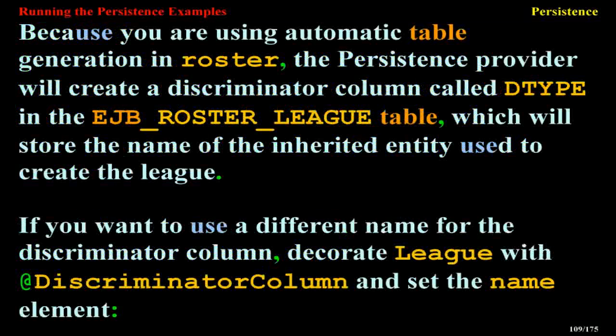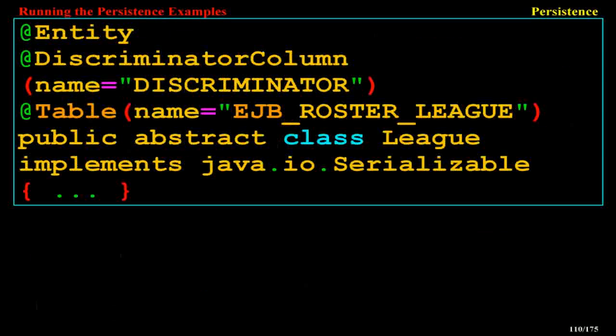Because you are using automatic table generation in roster, the persistence provider will create a discriminator column called DTYPE in the EJB_ROSTER_LEAGUE table, which will store the name of the inherited entity used to create the league. If you want to use a different name for the discriminator column, decorate League with @DiscriminatorColumn and set the name element. @Entity @DiscriminatorColumn(name="DISCRIMINATOR")